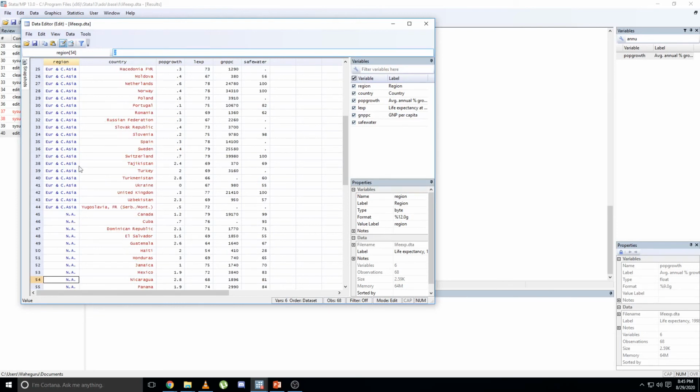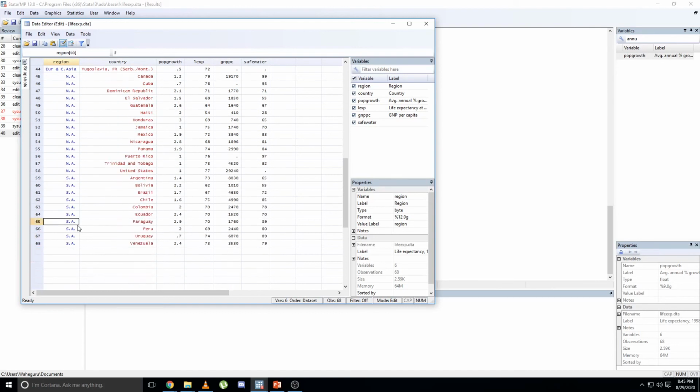And to South America, it says 3. This is a special case where there are labels. At its heart the variable region has numeric data, 1, 2 or 3, but you can put a label on top of the number to represent something else other than the number itself.